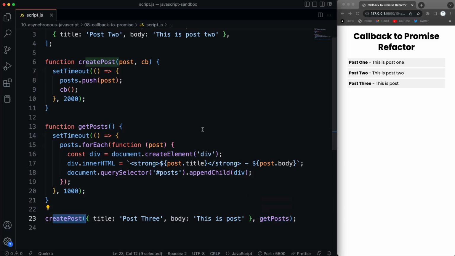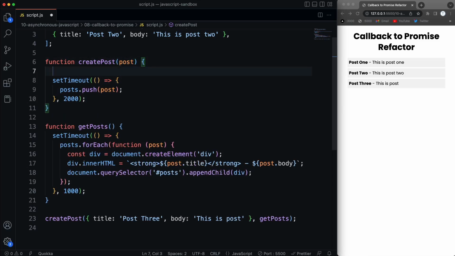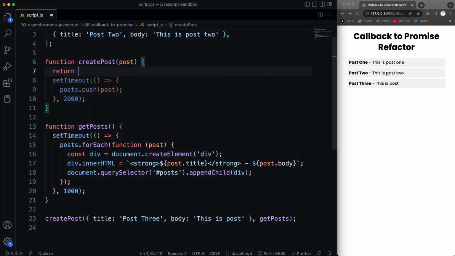Now, this uses callbacks, but what I want to do is refactor create post to use a promise instead of having to use a callback. All right, so first step is to get rid of that CB. We don't need that, and we don't need to call it right here. So what I'm going to do is wrap everything in a promise. So I'm going to say, I want to return a promise. So I'm going to say return new